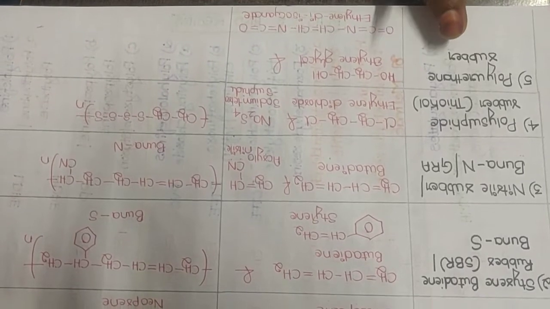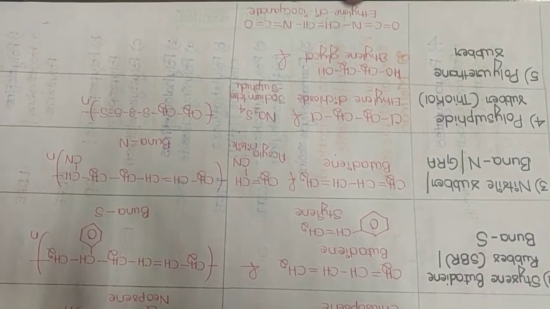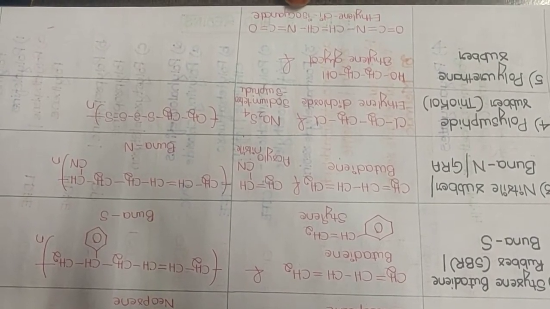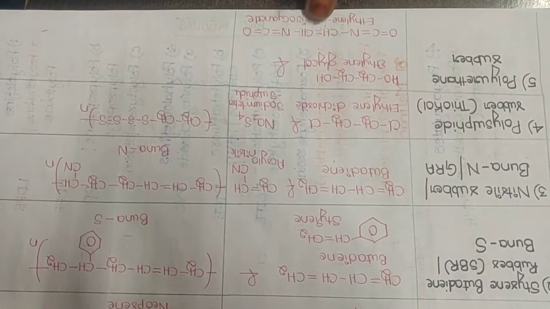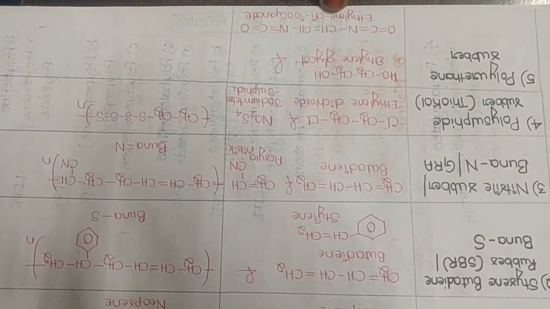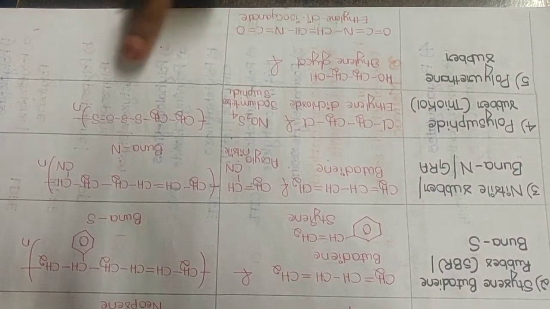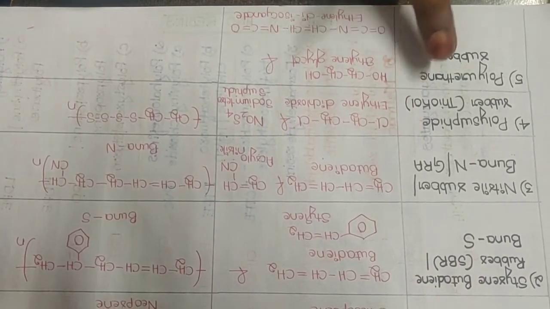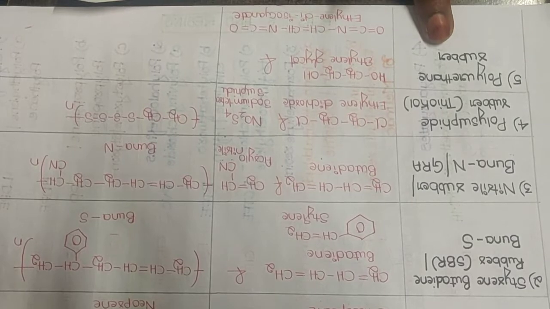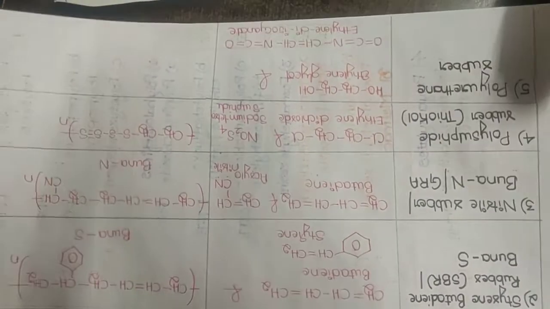And the last one is polyurethane rubber. The two monomers here are ethylene glycol and ethylene diisocyanate. Here you have two isocyanate groups bonded to an ethylene molecule, therefore it is called ethylene diisocyanate, with ethylene glycol. Partial structures are not required. You just have to know the monomers for thiokol as well as for polyurethane, because this is not there in your NCERT syllabus. So we'll move on to the next class of polymers.